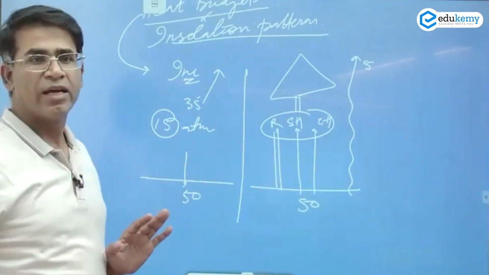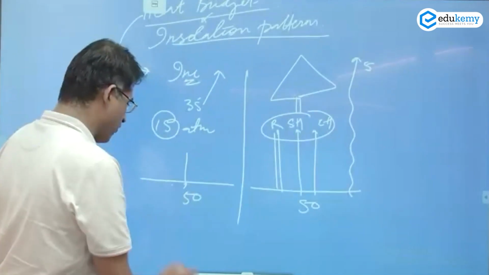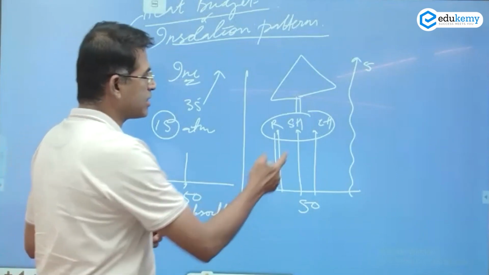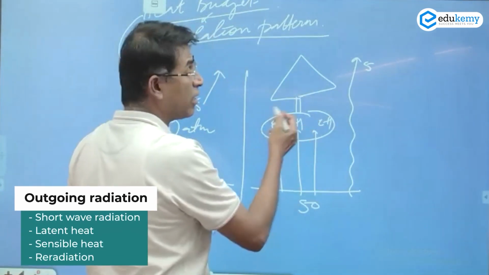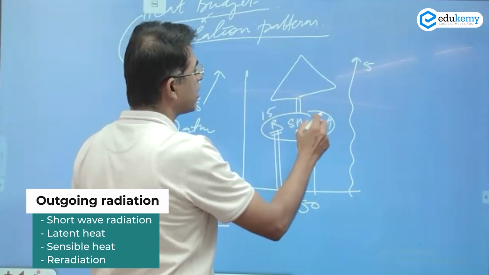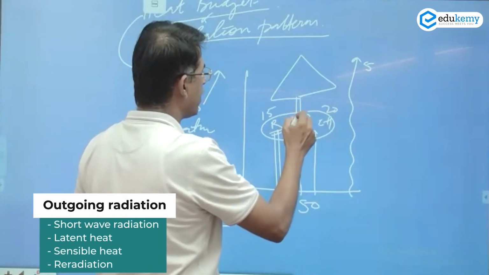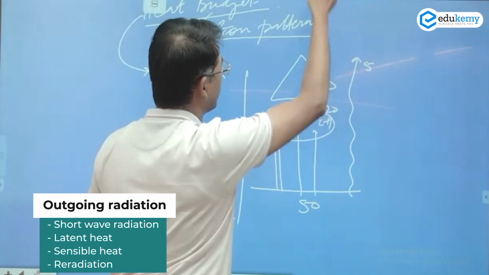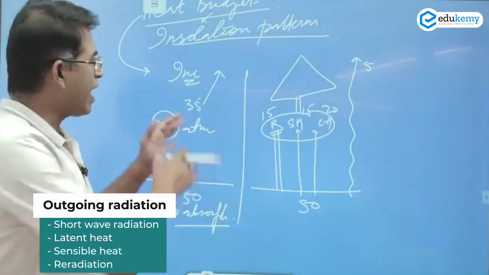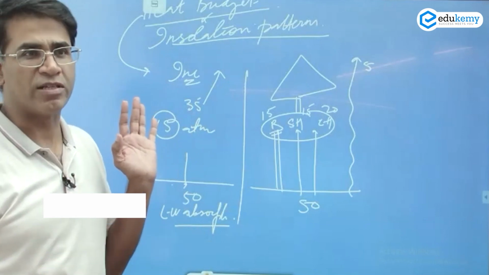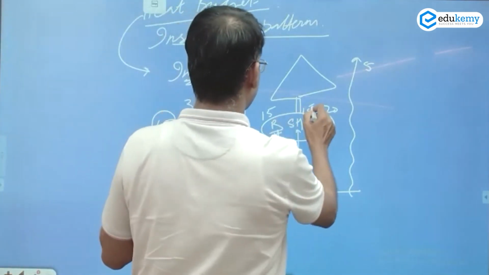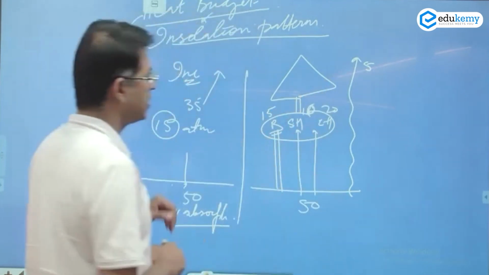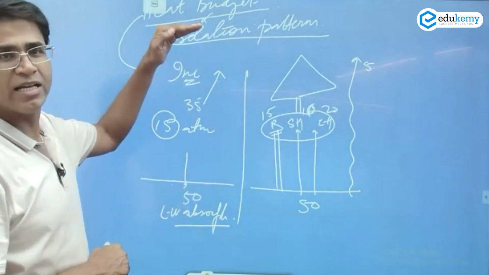What is the heat budget? So 50 is the long wave absorption. Okay, and this is latent heat, radiational heating, reheating 15 units. We have got 20 units. We have got another 15 units here. Okay, plus all of this together, finally we have again losses. So if you look at these numbers, you should be able to recall most of these. This is 15. This is 10 here. 30 and 20. Yes, 10 here. Okay, so this is how the outgoing radiation rate works.